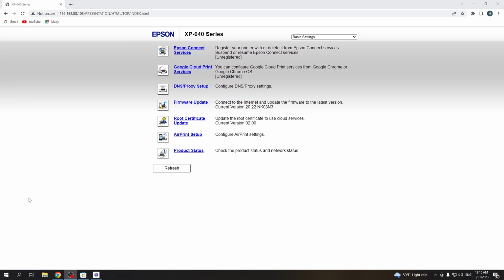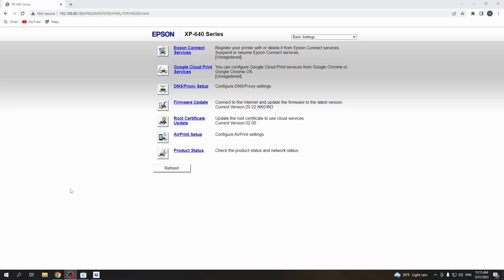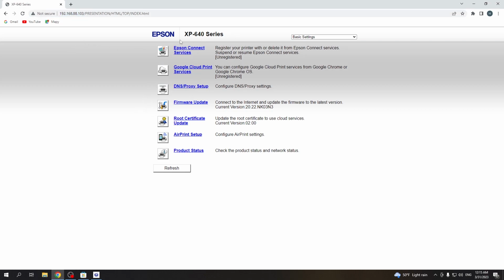In front of me is an Epson XP-640 series, and now I'm going to show you how to check all network settings using the embedded web server on this device. Firstly, open the embedded web server by typing the printer's IP address into your web browser, then just find